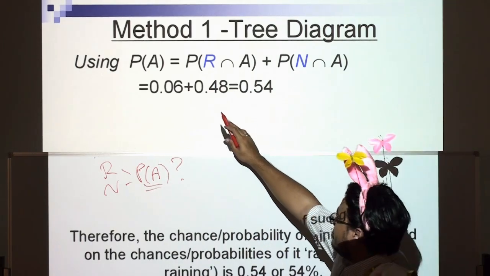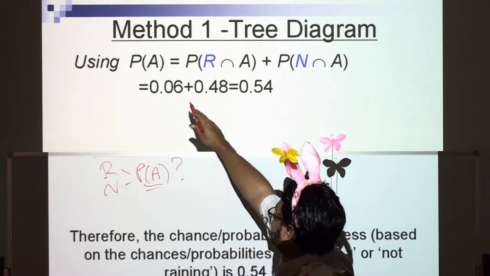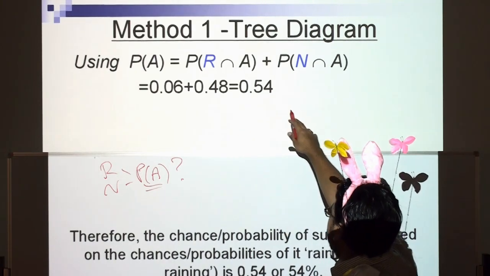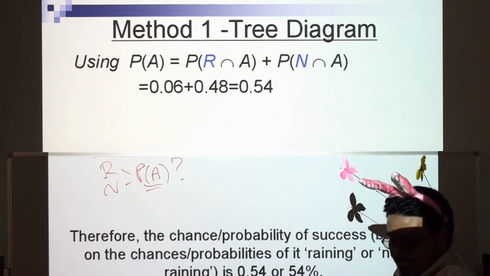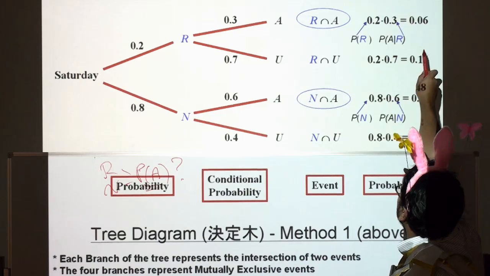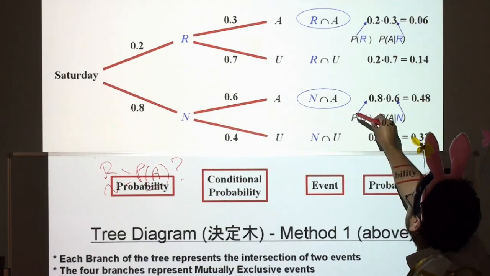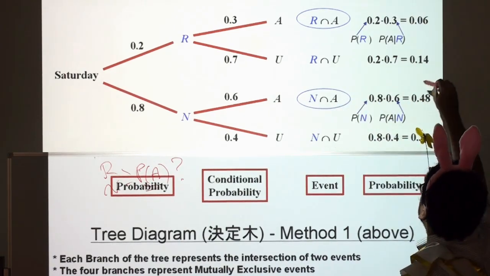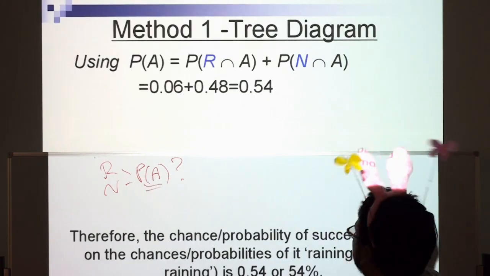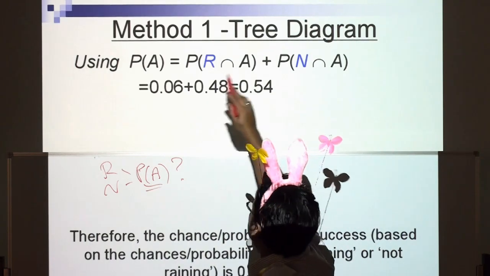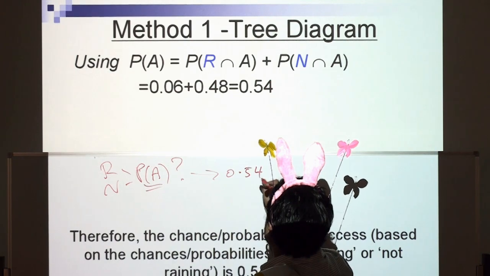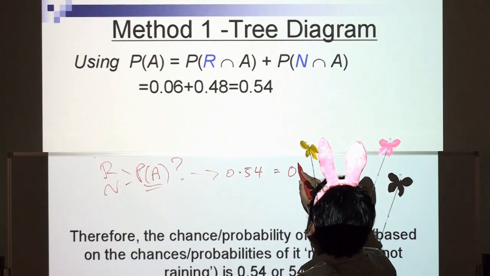So, using our formula, probability of success equals the probability of R intersect A plus the probability of N intersect A. So what we've done is we've taken the probability of success with rain, and we've also taken the probability of success without rain, 0.48 and 0.06. So we add the 0.06 plus the 0.48. Therefore, we get 0.54, which equals